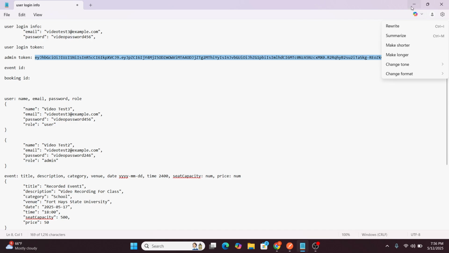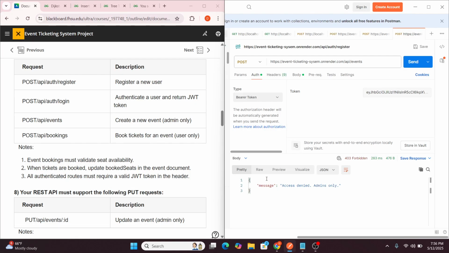Sorry about that, but I don't have a mouse right now. Okay, so it should work now. Event created successfully. I'm gonna take the ID here for this event and save it